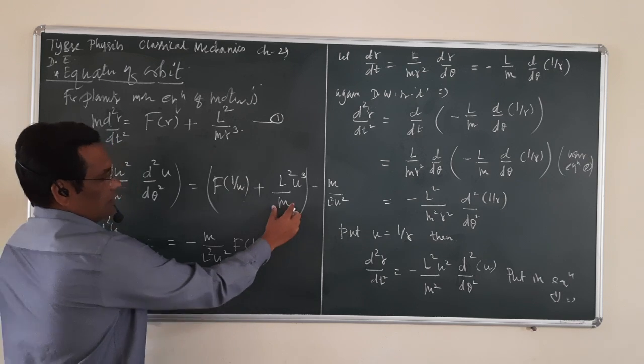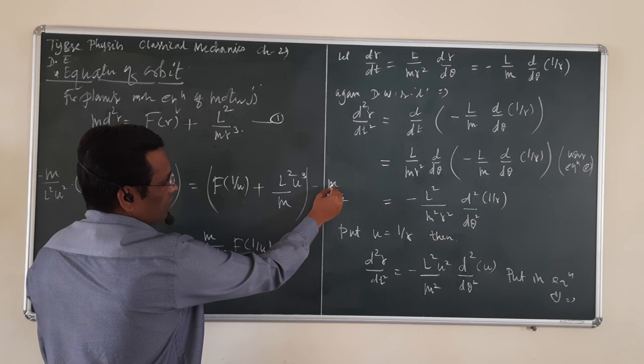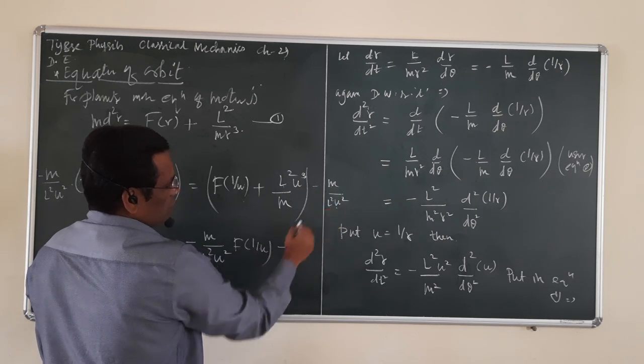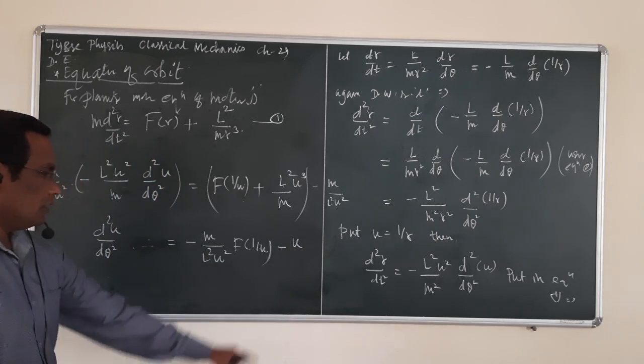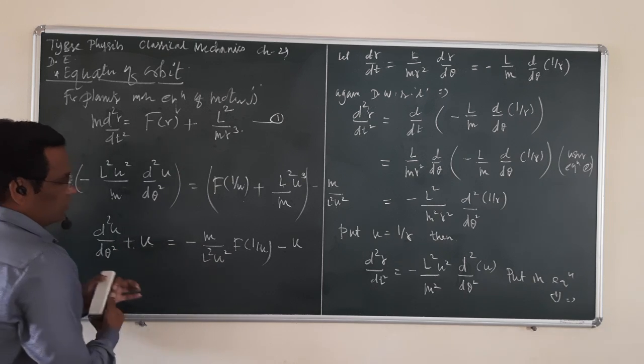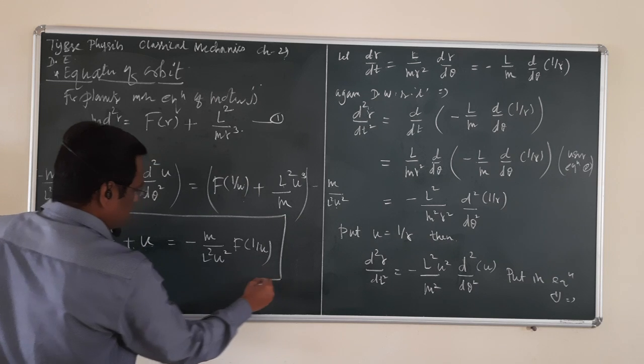Okay, and if you multiply this term by this, m will get cancelled, L square gets cancelled, u cube divided by u square, so only u. If you take this minus u to the left hand side, that will become plus u is equal to this, and this is the differential equation